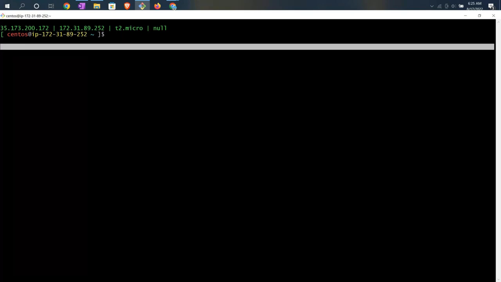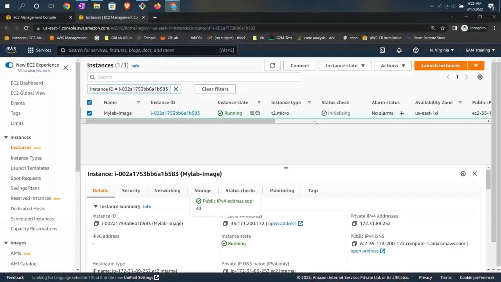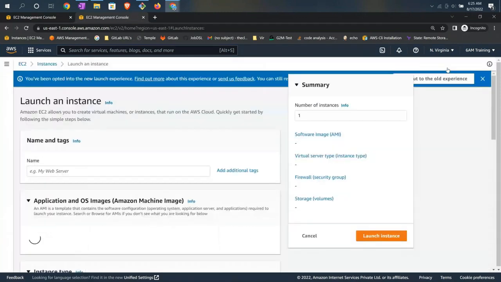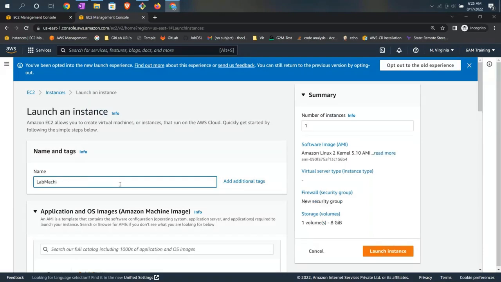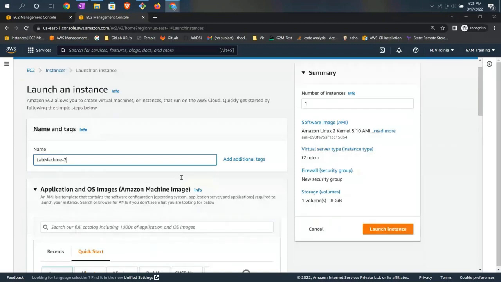Okay, so this is how I'm going to create a machine. I'm going to show you one more time. I'm going to use an image of mine. Going forward, you're also supposed to use this image only. Okay, lab image, lab machine 2, and come here,